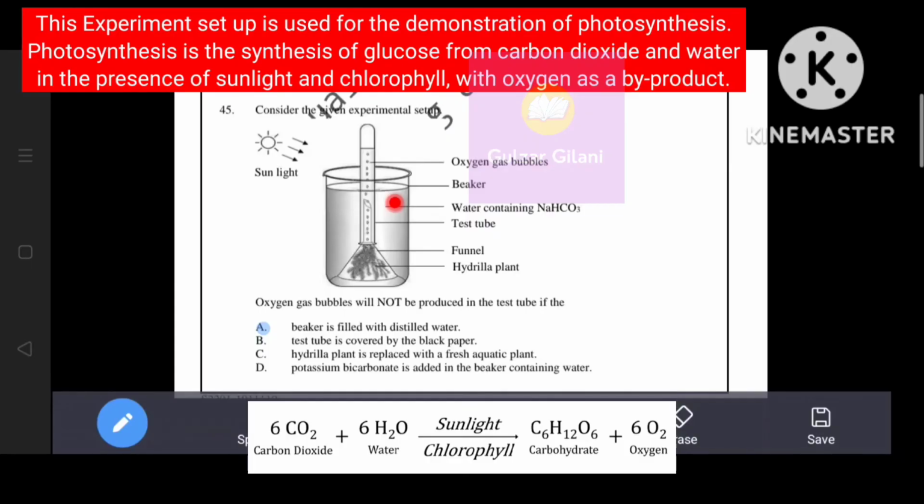हमसे पूछा गया है कब ऑक्सीजन बबल्स प्रोड्यूस नहीं होंगे। अगर हम टेस्ट ट्यूब को ब्लैक पेपर से कवर कर देते हैं तो भी फोटोसिंथेसिस होगा। क्यों? क्योंकि बीकर तो ब्लैक पेपर से कवर नहीं है, प्लांट को सनलाइट तो मिल रही है, मीन्स फोटोसिंथेसिस होगा। तो ऑप्शन बी में भी ऑक्सीजन बबल्स प्रोड्यूस होंगे। अगर हम हाइड्रिला प्लांट को रिप्लेस कर देते किसी और एक्वेटिक प्लांट